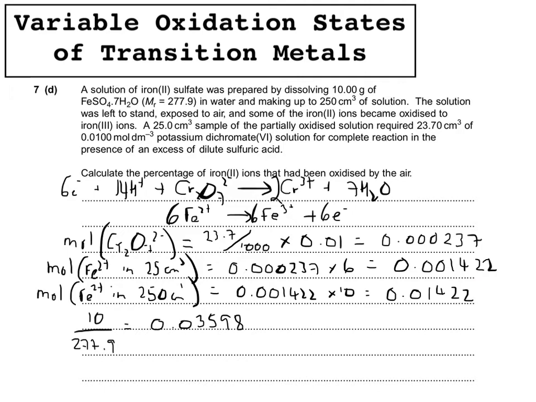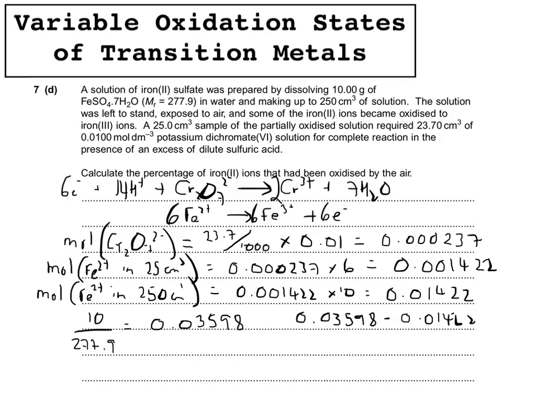Now the question, if you go back to what they actually ask you, is calculate the percentage of iron 2 ions that had been oxidised by the air. So this is how much that has been left. So all we need to do is work out how much has been oxidised. So to do that, for the percentage, we're going to do 0.03598 take away